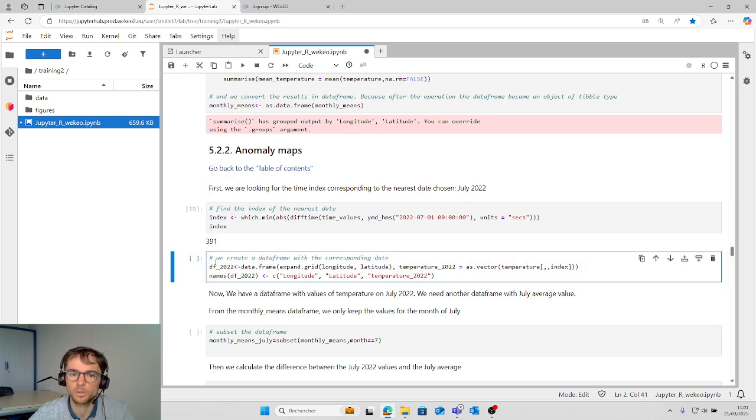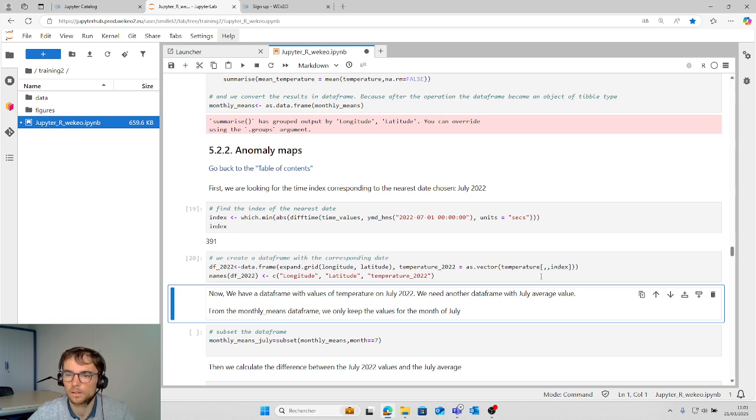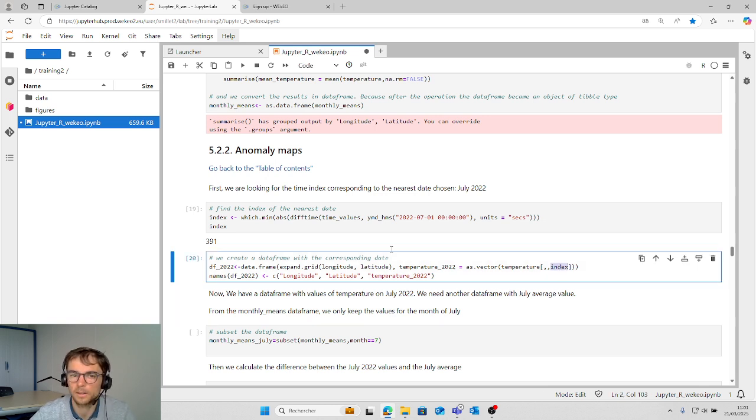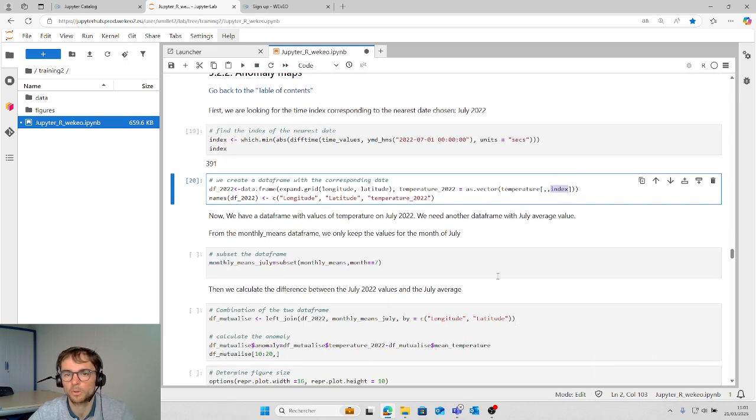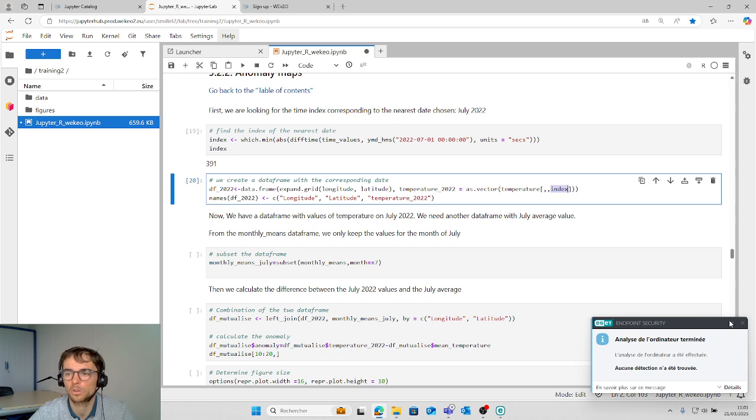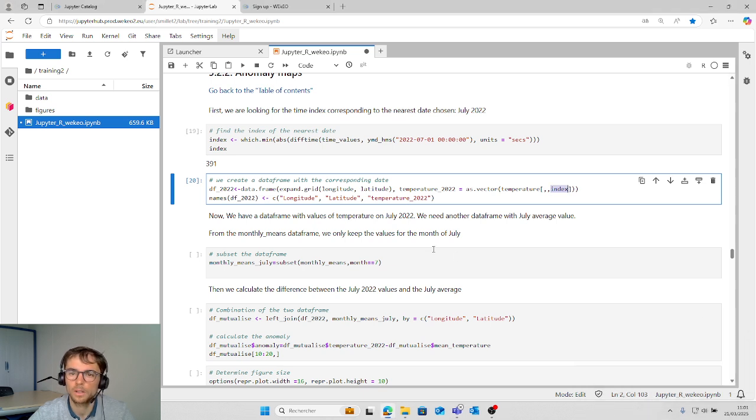And then we create a new data frame corresponding to this date. So here for time we use the index. So now we have a data frame with the value of temperature on July 2022.